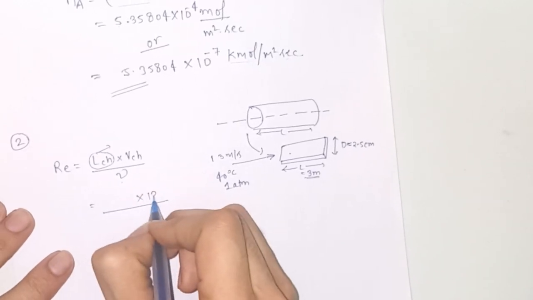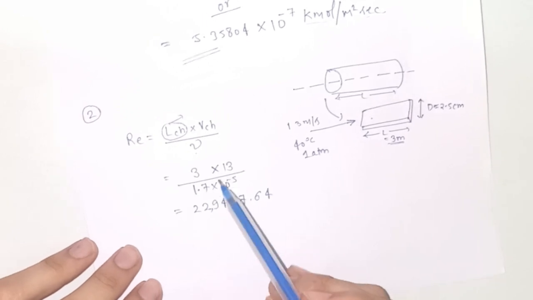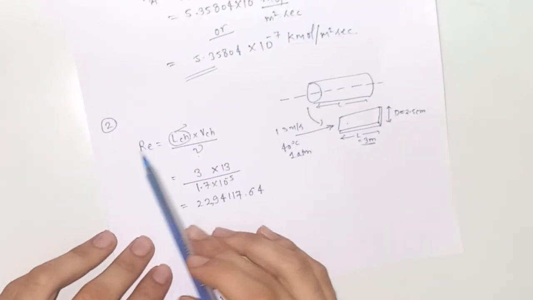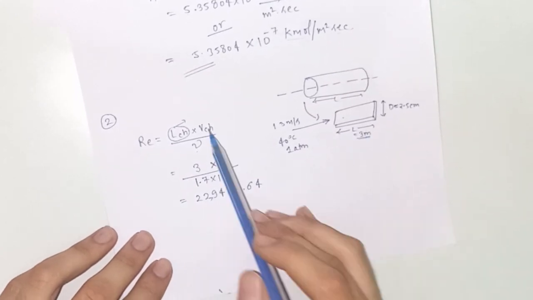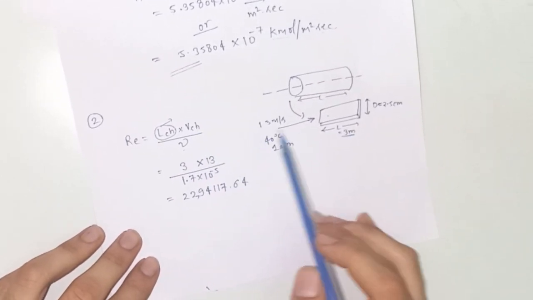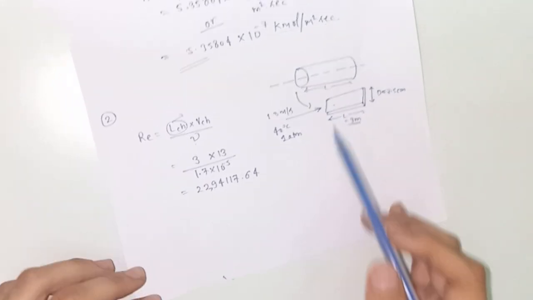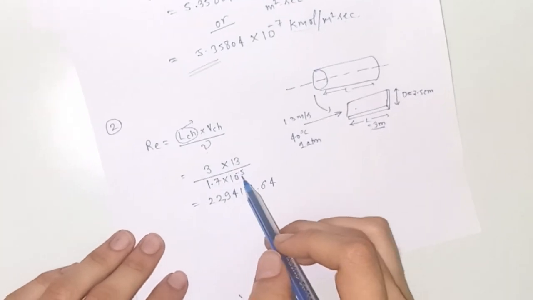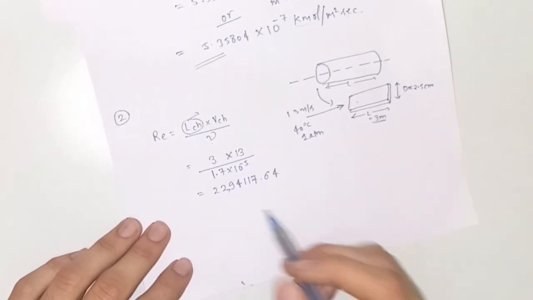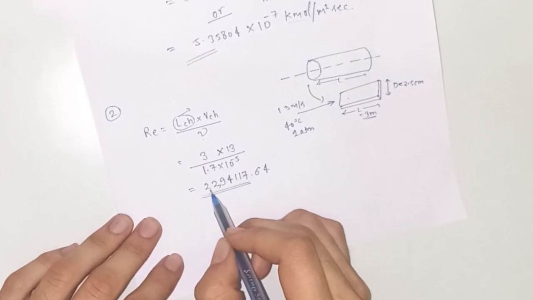The 13 is the characteristic velocity that flows over the flat plate. So now we are going to calculate the Reynolds number using the characteristic length, that is the length of the flat plate, the velocity that is flowing over the flat plate, that is mainly responsible for the diffusion of naphthalene, and at last the kinematic viscosity that is also given in the problem. Okay, so we get the Reynolds number as